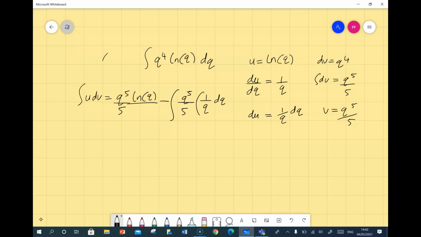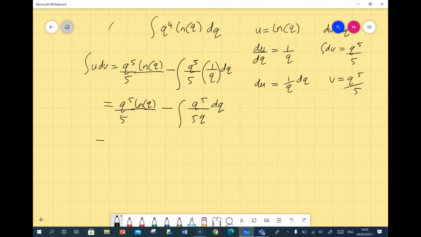Okay. So this will actually work out quite well. So I've got my q to the power of 5 over 5. That doesn't need to be integrated at all. Minus. Now, let's just put this together a bit more. So I've got q to the power of 5 over 5q dq. And I'll tidy that up one more time just to make it easier to look at. Q to the power of 5, natural log of q